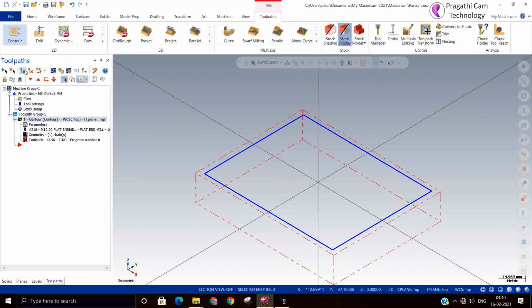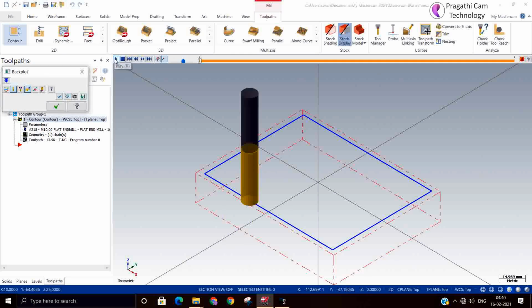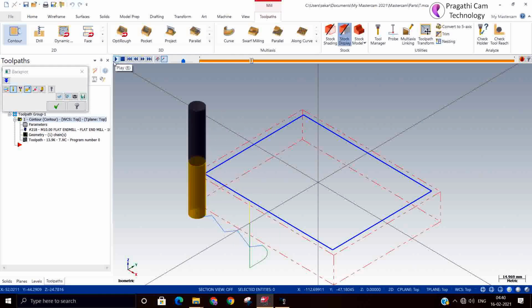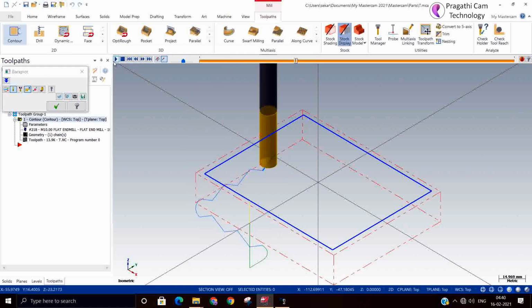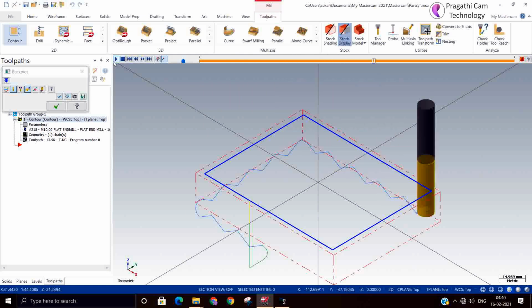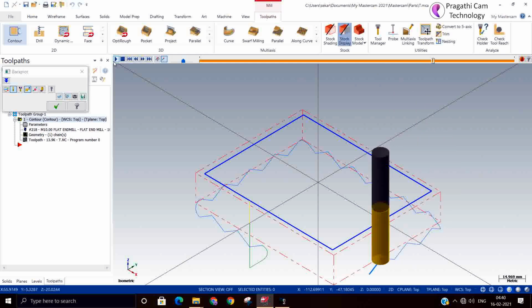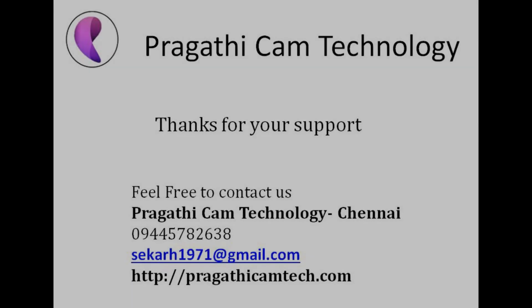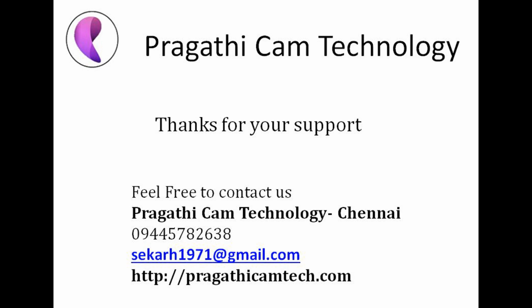So it is entering and it's cutting like this. It cuts like a hacksaw action. So there is no chance of breakage or tearing here because of this cutting method. This is the oscillate machining, and this is a special machining technique. It is used only to machine very soft material. Okay, so this is called the oscillate machining.